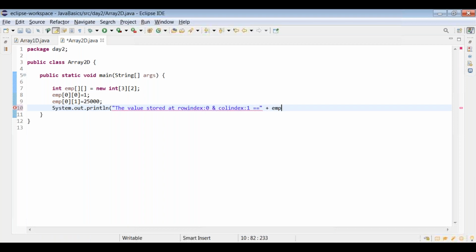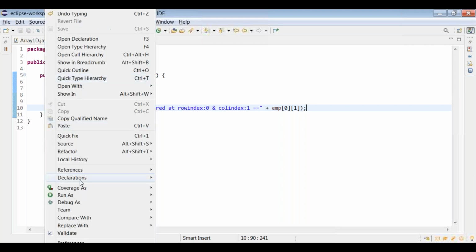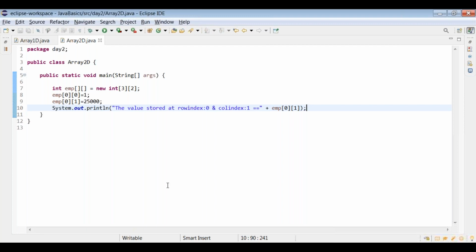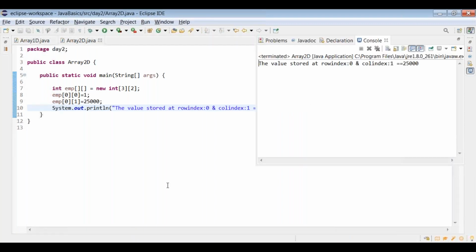You can just give employee[0][1]. That's it. So we get the outcome here. Let me execute the program now. The value stored at row index 0 and column index 1 is 25,000.